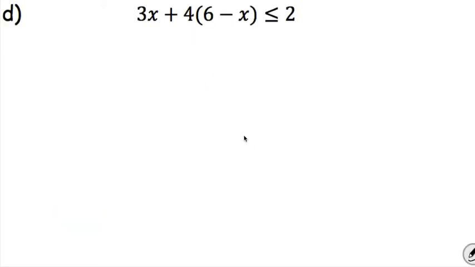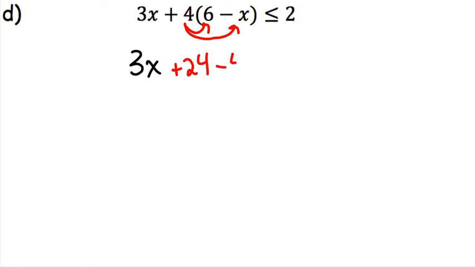All right, next example. Now you can see we're adding in some of these distributive properties, some of the other things that we did with our solving equations. So multiply the 4 through. 4 times 6 gives you a plus 24. And 4 times negative x, let's try that again, 4 times negative x is a negative 4x, is less than or equal to 2. Next step,